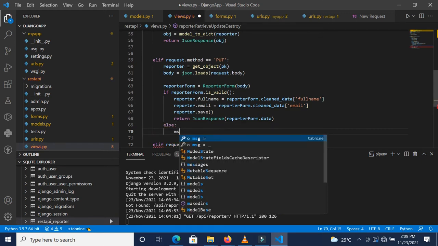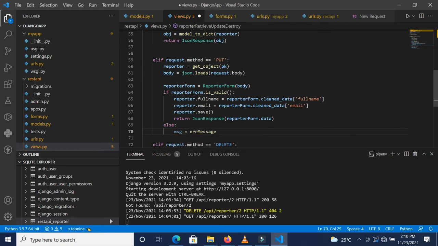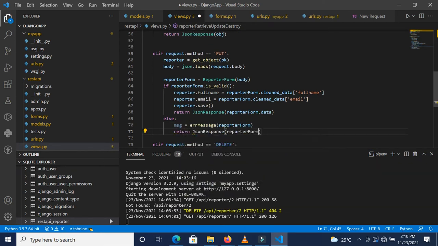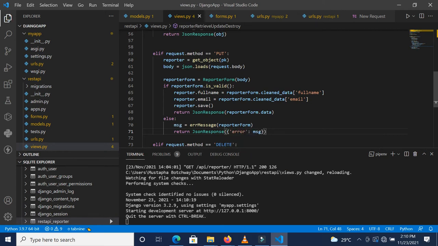Else we'll do our usual error message goes to the reporter form, and then we'll return JSON. I'll just do, for instance, error goes to message. So if I save this,